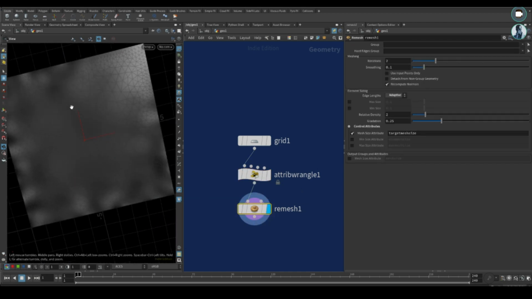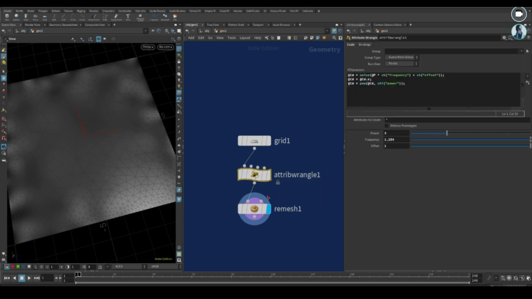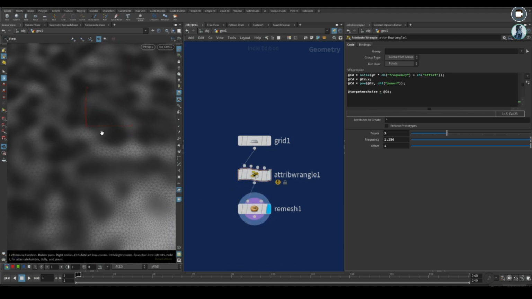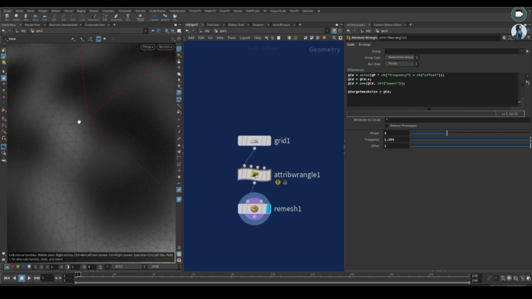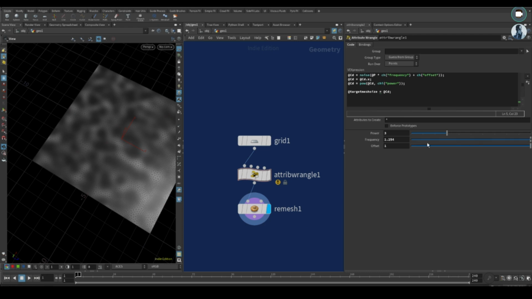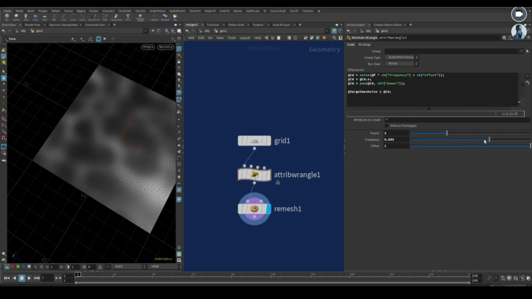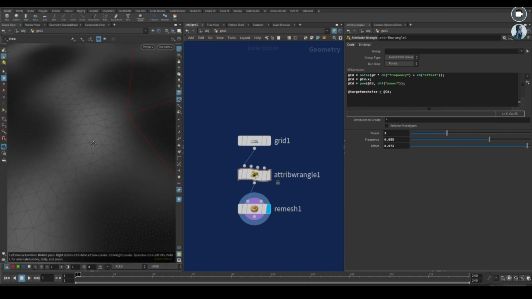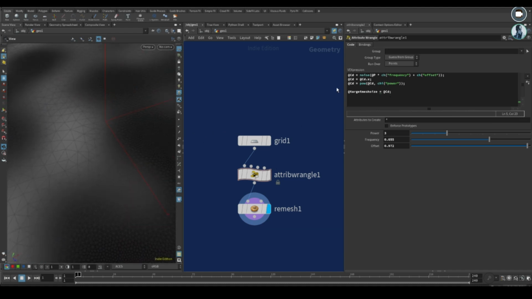So if I want the color to affect the density, I have to say @targetmeshsize equal @Cd. Okay, so now you can see when it's dark, it's gonna be more divided than when it's white, like this. So if we decrease the frequency and change the offset, you can see moving. I'm gonna delete